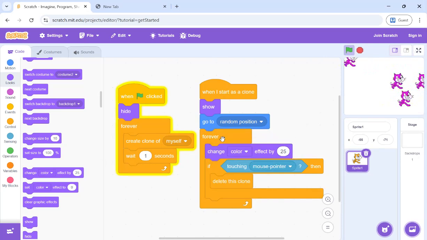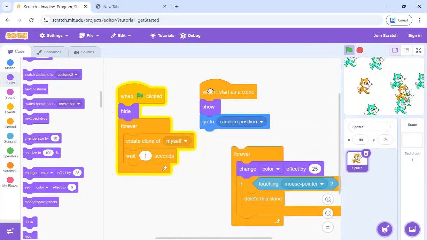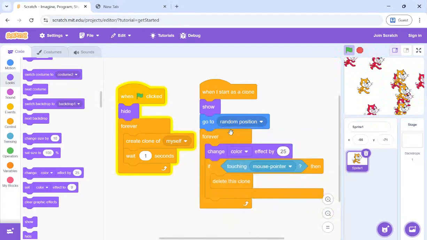This is just a simple tutorial of creating clones. When a clone is created, decide what you want it to do, and then there should be some condition where you are deleting the clone. Otherwise, clones are finite, they will get over after some time. So always delete the clones.